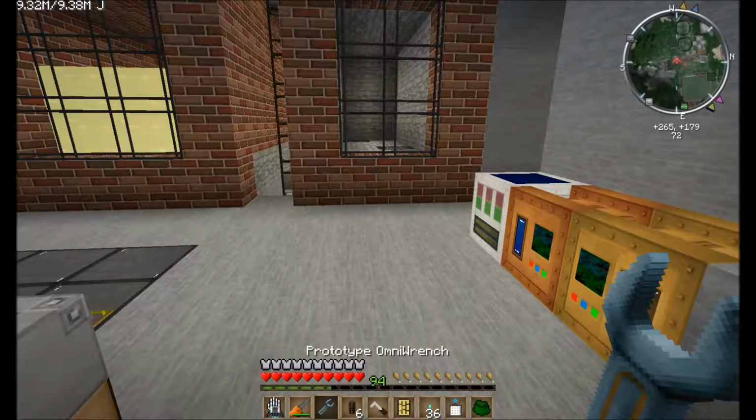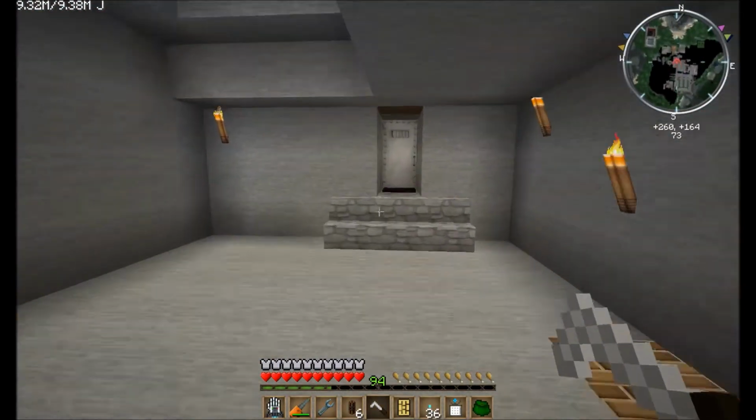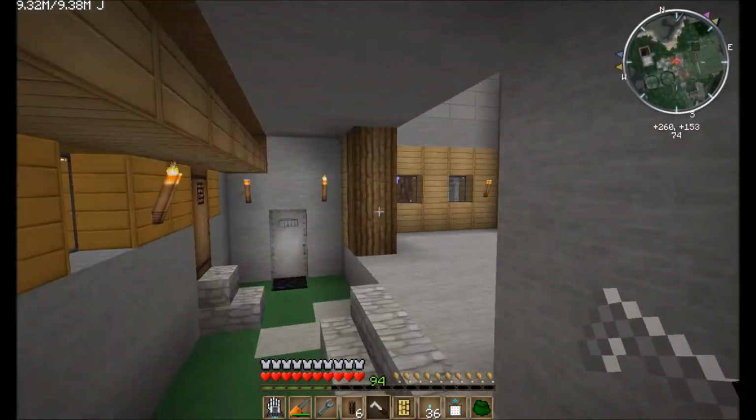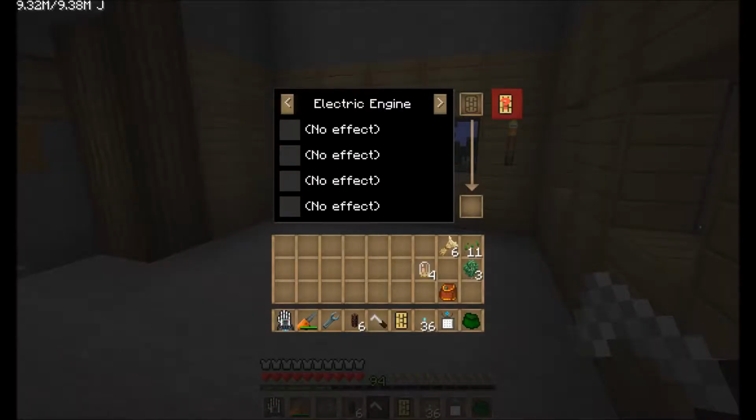So, why did we have to do all of that? Well, you take the soldering iron while it's in your inventory, and you have your intricate circuit board and your electron tubes, and you right-click your soldering iron, and you get this little graphic. And you can see you can set different effects for different items. There's electric engine, managed farm, manual farm, and in this case, we want a manual farm, because what that will do